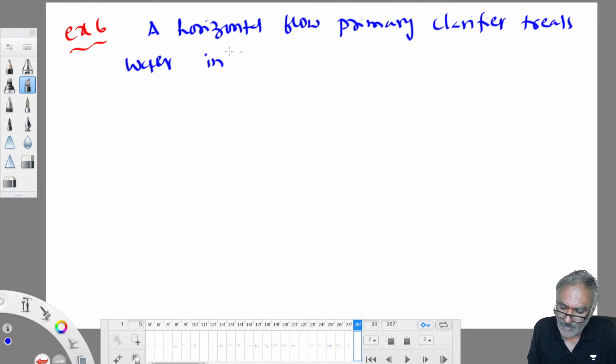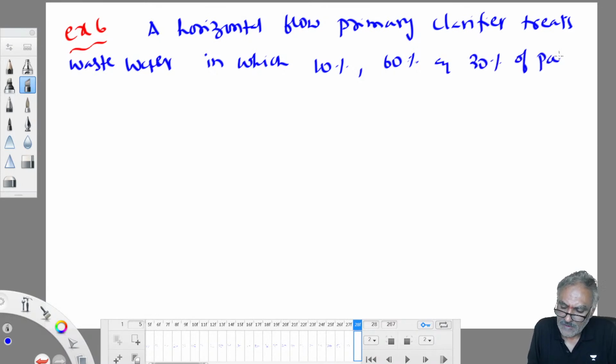He has given wastewater, but I am converting it into water. The concept is the same only. 10%, 60% and 30% of particles have